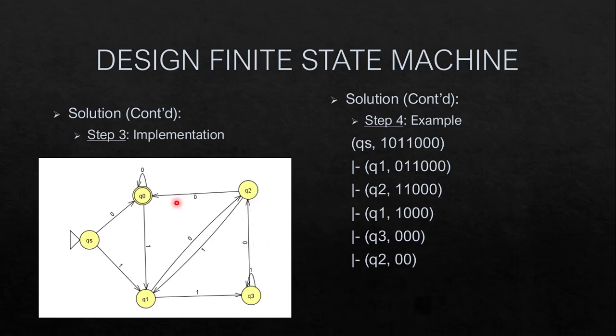Then from Q2 we will go to Q0. From Q0 we will stay in Q0, since the last alphabet that we can see as the input is 0. So the output generated will be 00. That means the given number was divisible by 4 if it would have been a validator or divisibility tester type of FSM. Let's take another example and see if some other output gets generated or not.